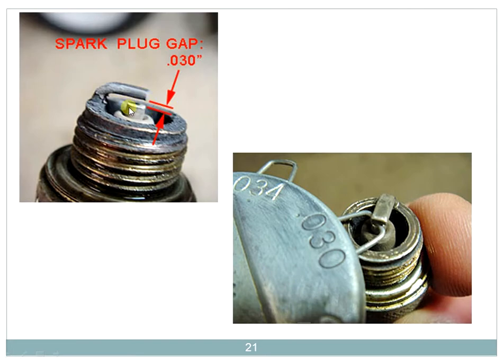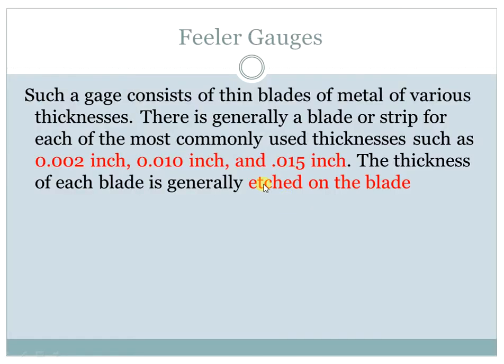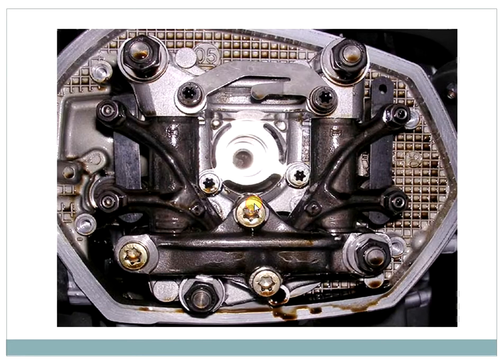Just to give a good example over here, 0.030. So we insert the wire or the filler gauge and we can just gauge it. That's why the name gauge is provided over here. This is one of the angular measuring instruments. Then filler gauges are also available in the form of blades with a thickness from 0.002 inches. Likewise it will vary. The thickness of each blade is etched on the other part. So this is a good example with which we can identify the dimensions.